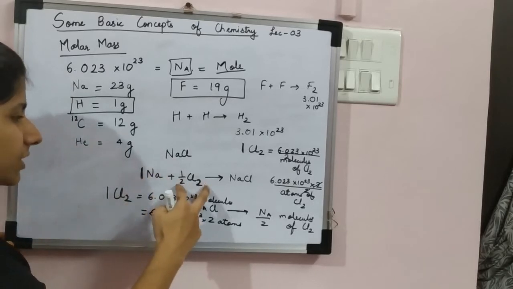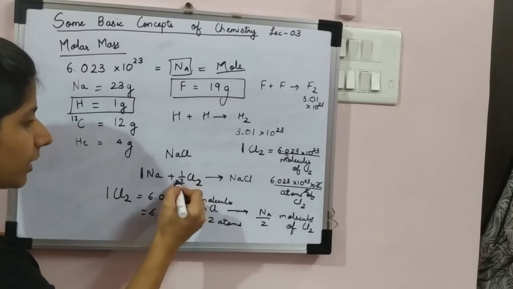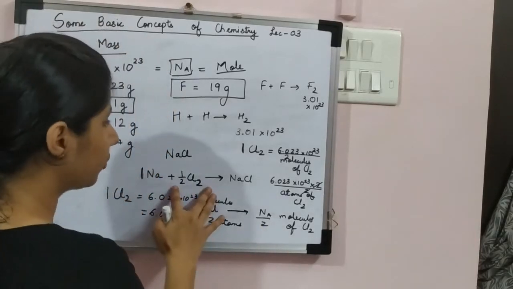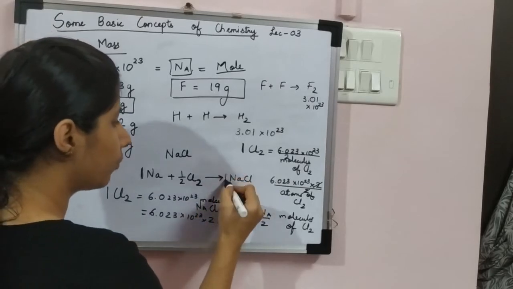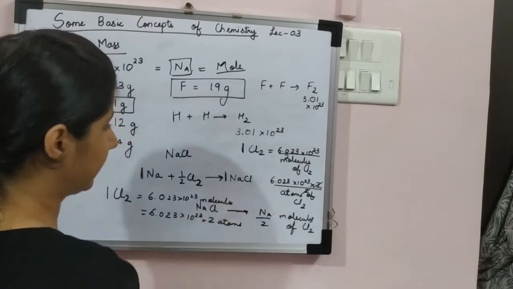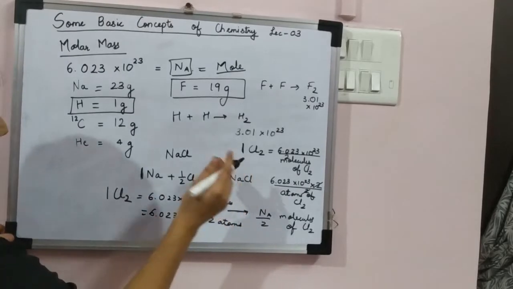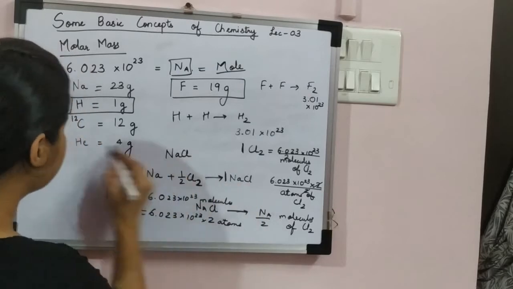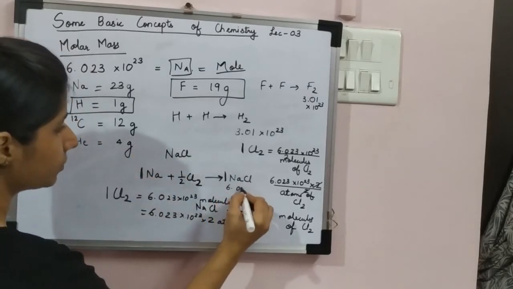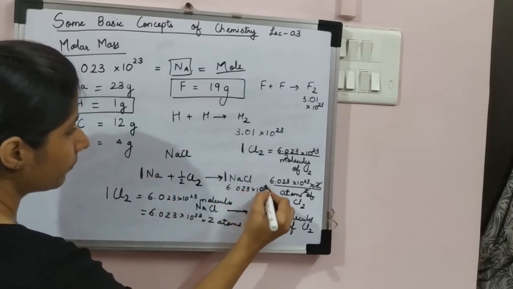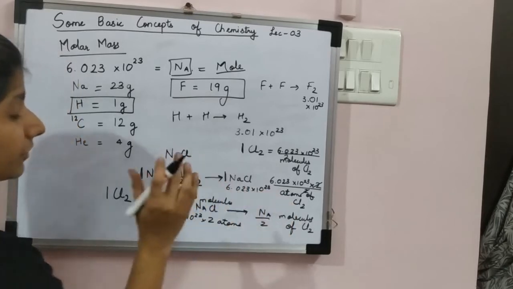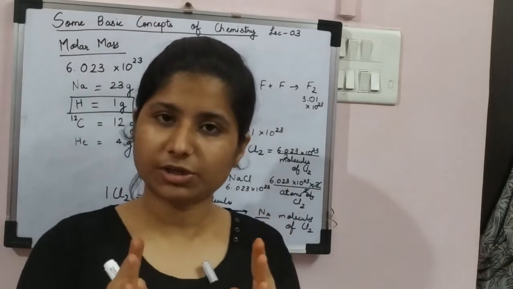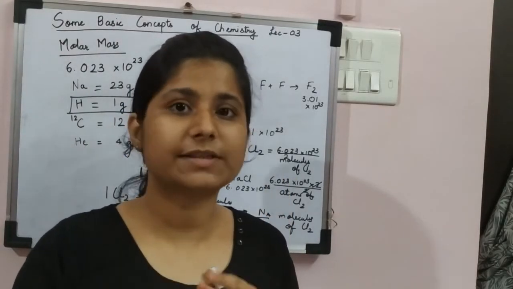So to get just chlorine atoms as any number, I'll have to take half of the chlorine molecules, right? So if I take half of the chlorine molecules, I will get 1 mole or Avogadro number of NaCl atoms. So how much is NaCl when I combine this molecule of this formula? This is 6.023 × 10^23 molecules of NaCl. Fine. So NaCl, when I count, actually I will get Avogadro number of NaCl atoms.